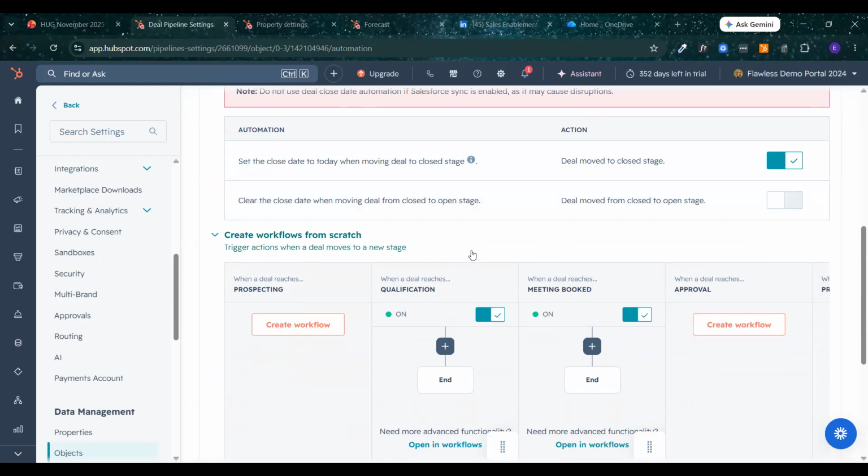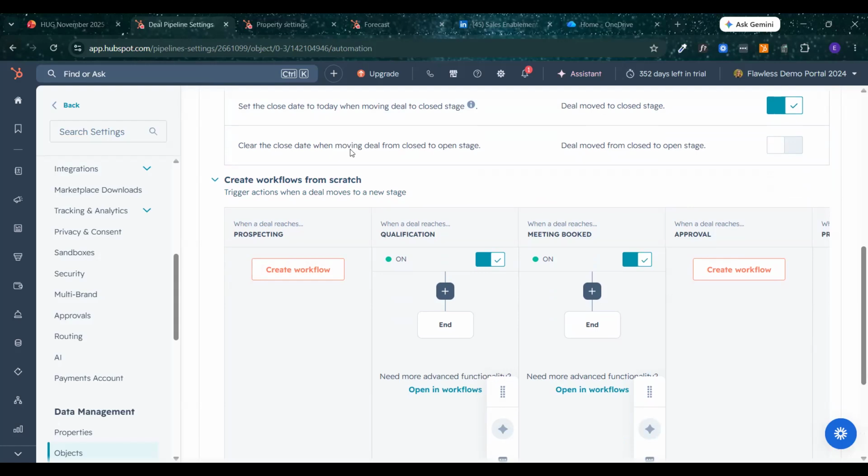That makes a lot of sense. However, if you want to keep the close date that they estimated originally and not the actual one, you don't have to turn that on. But I do usually have this turned on, almost everybody does, because it's most common to want the close date to be the date the deal actually closed.